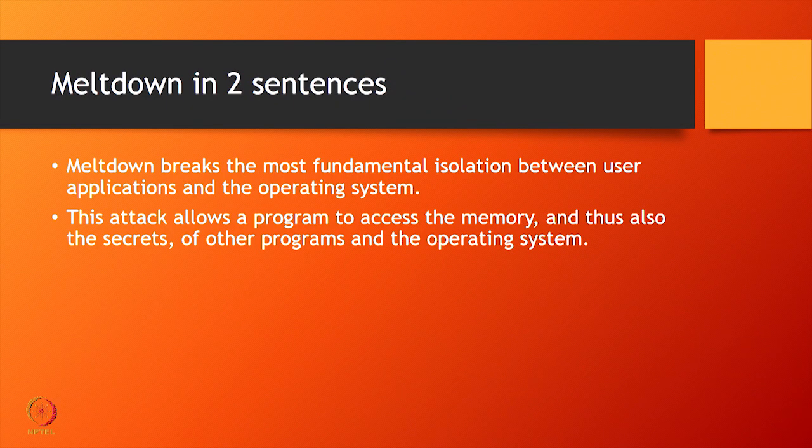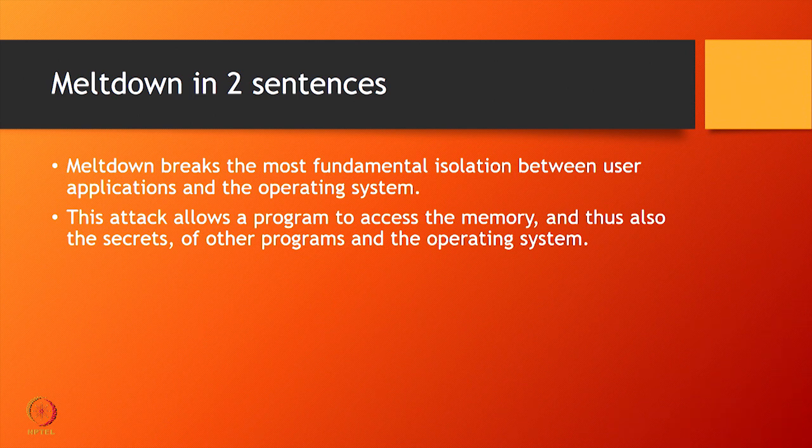If you take the Intel hardware, there are 4 privilege levels: privilege 0, 1, 2, 3. Privilege 0 is the very powerful one, where the kernel executes. Privilege 3 is the least powerful, where the user program executes. Now, a privilege level 3 code or process cannot touch privilege level 0 memory. This is the basic isolation that they have built, and that is what is now broken. So, something at a numerically higher privilege level can go and access something at a lower privilege level. That summarizes the first statement we have put on the slide. Meltdown breaks the most fundamental isolation between user applications and the operating system. So, what does it mean?